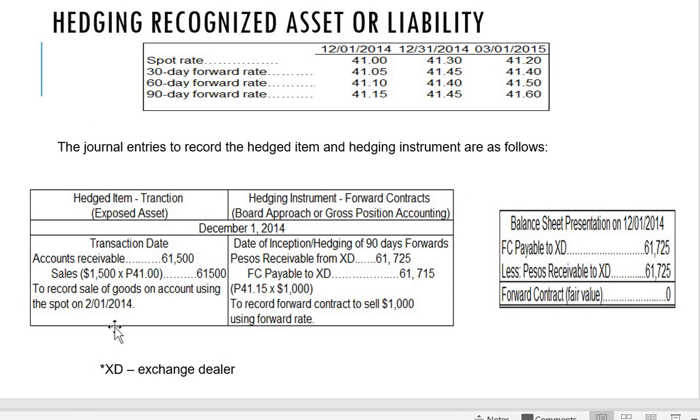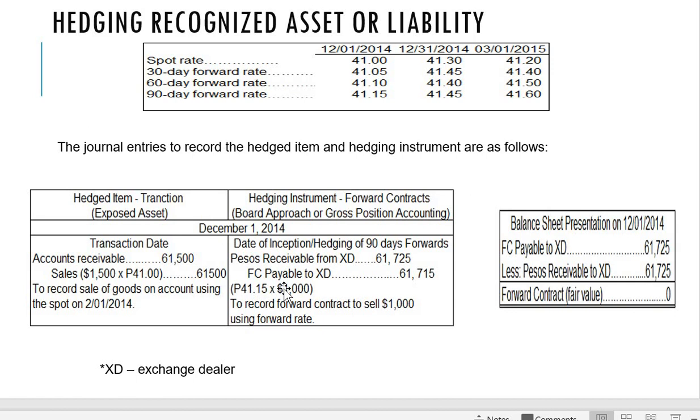Okay, so for the hedging instrument, we will debit peso receivable from exchange dealer, and then credit foreign currency payable to exchange dealer at 61,725. Okay, so 61,725, that is actually 15 times 41.15. Okay, that's peso receivable from exchange dealer, debit; credit foreign currency payable to exchange dealer at